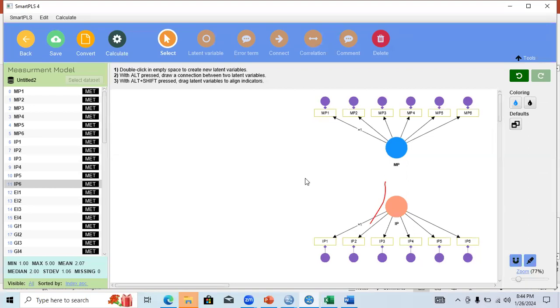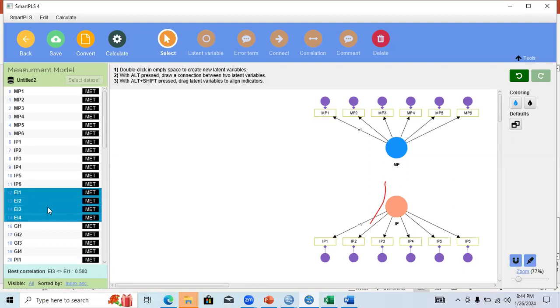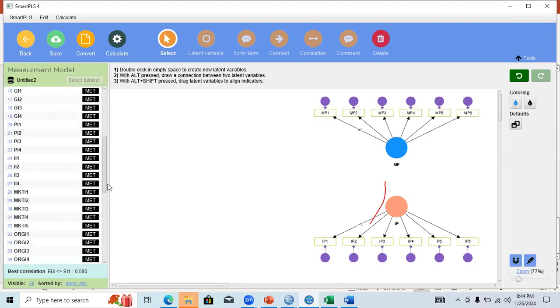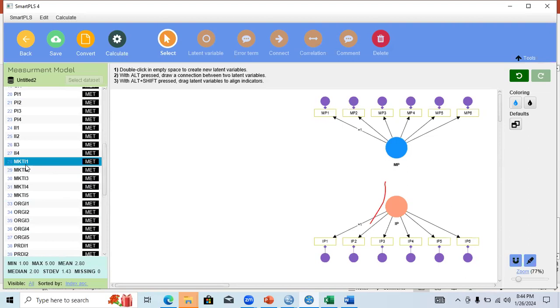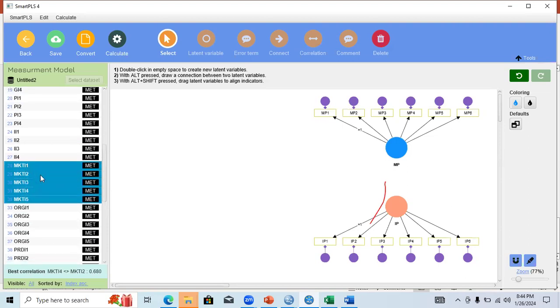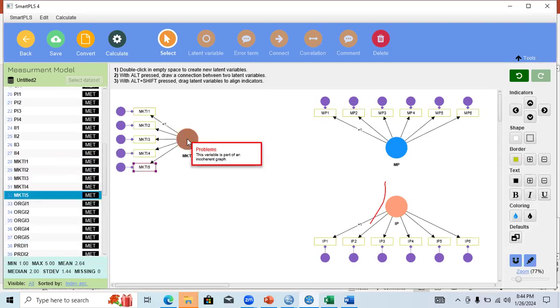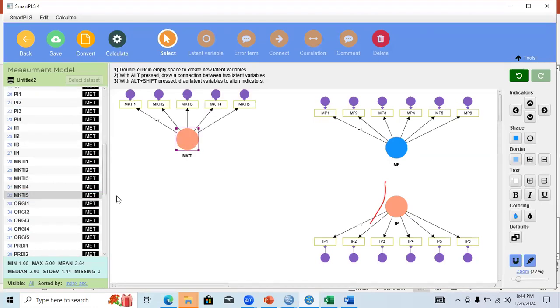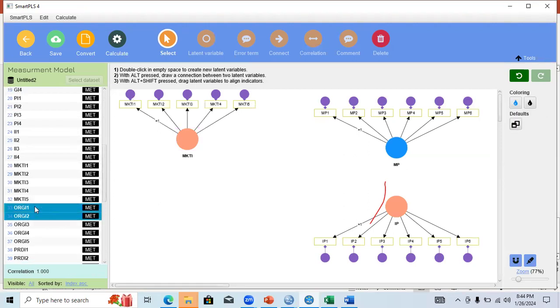First of all, I would like to show you the simple model construction using CBSEM. This was my first independent variable, or lower order constructs, like this. I can put them upside. Then this was my second construct like this.